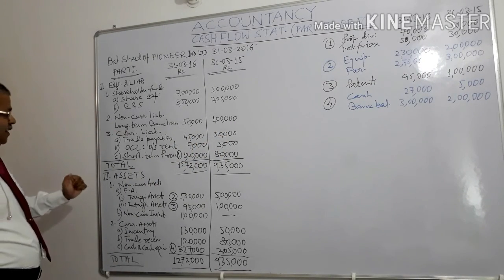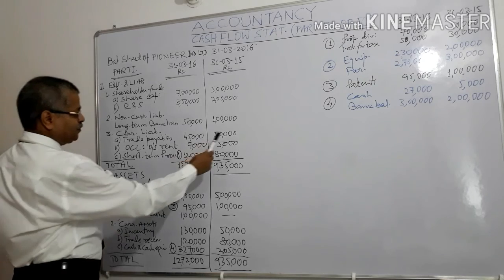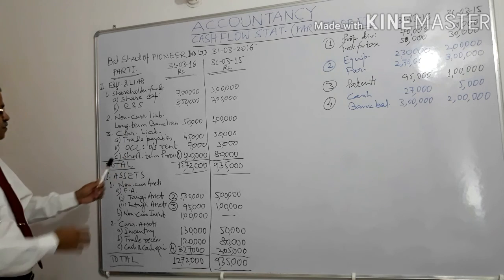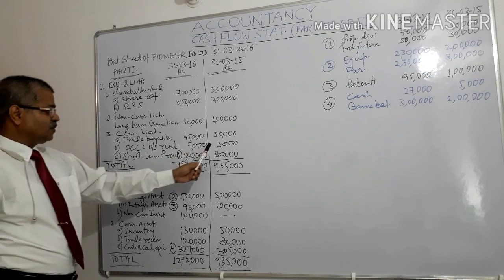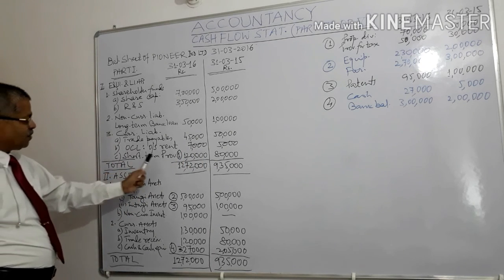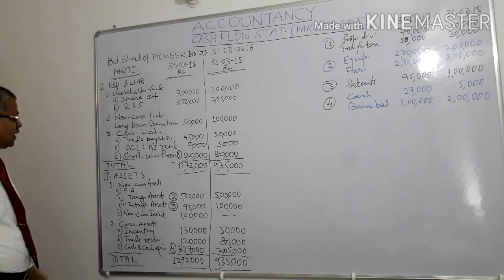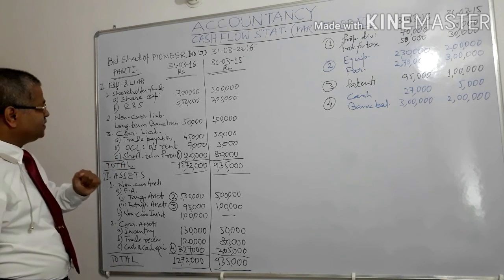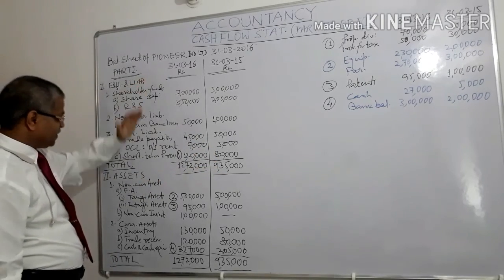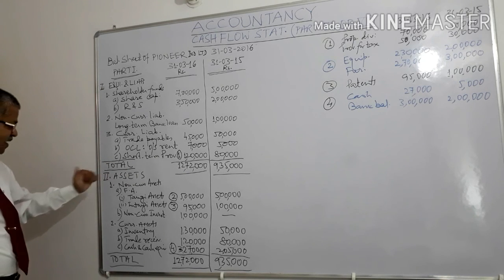Then we come to current liabilities which are current. Trade payables, it was 50,000, has declined to 45,000. Other current liabilities, outstanding rent amount, it has gone up from 5,000 to 7,000. Third item under current liability is short-term provisions. It has gone up from 80,000 to 120,000. And total of liability side is, 31/3/15 it was 935,000, 31/3/16 it is 1272,000. It has increased. Then we go to asset side.